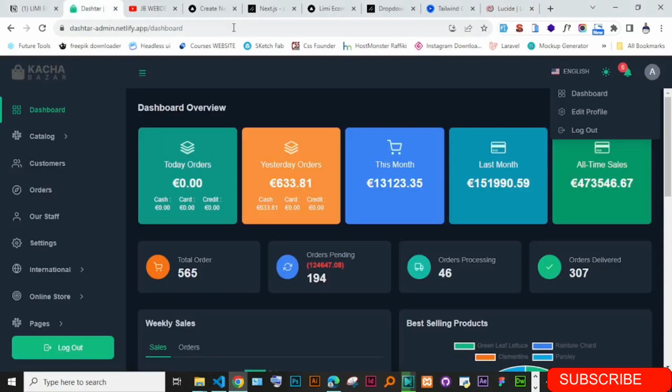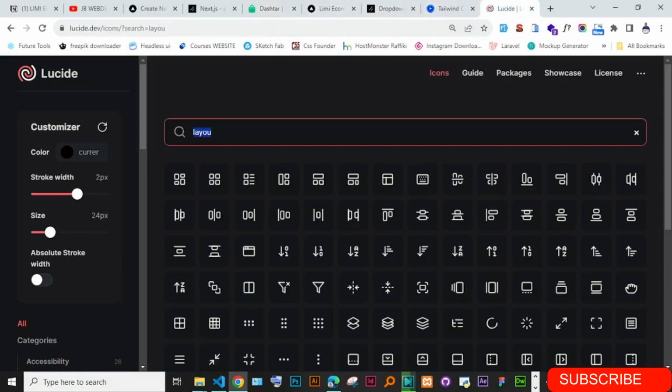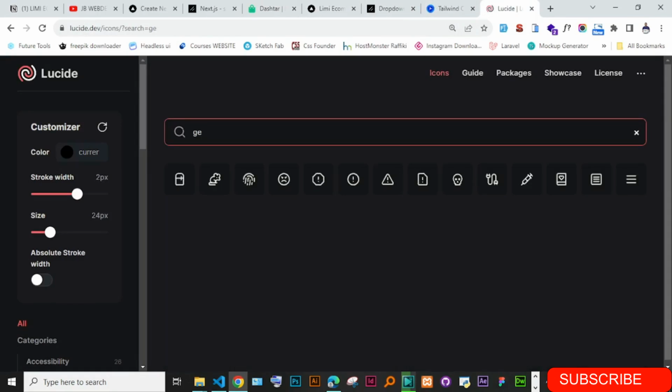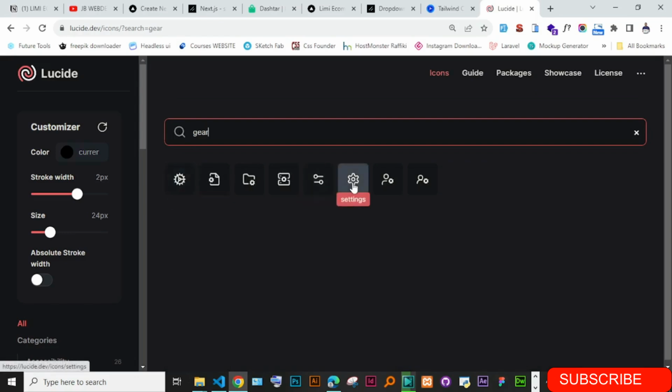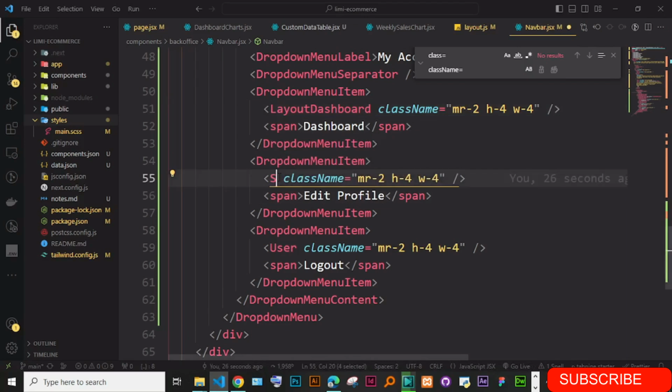If we look at the icon, it's just like this setting, the gear icon. So we just go and get the gear, and if it is gear, okay, these settings. You can just get these settings. So here I'm just going to put settings,